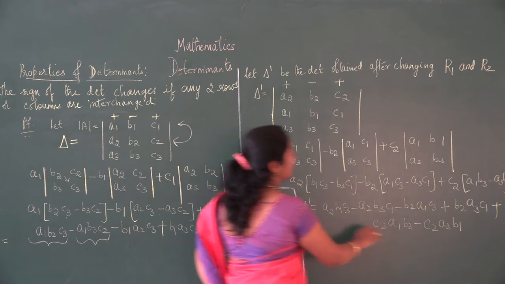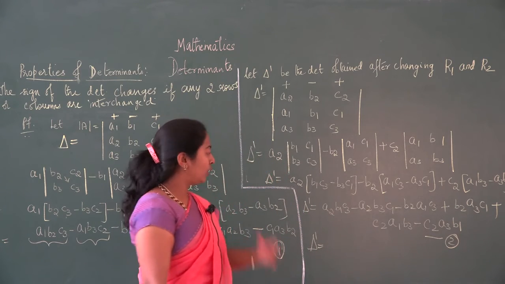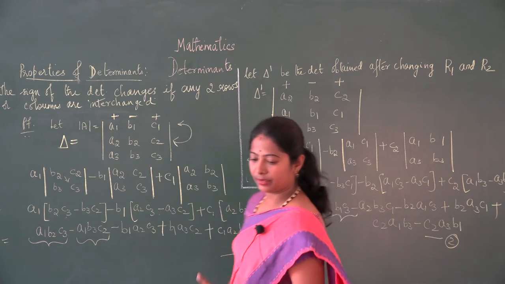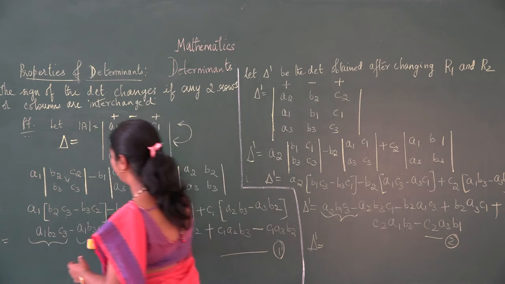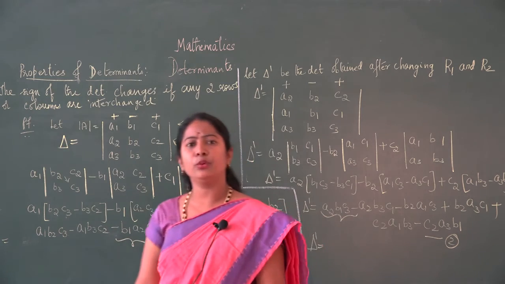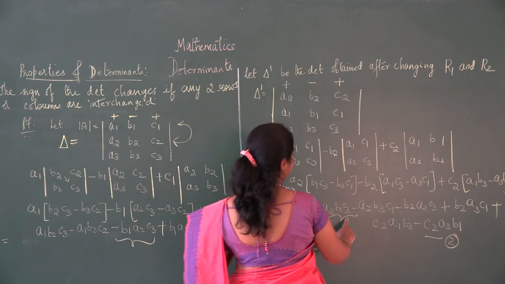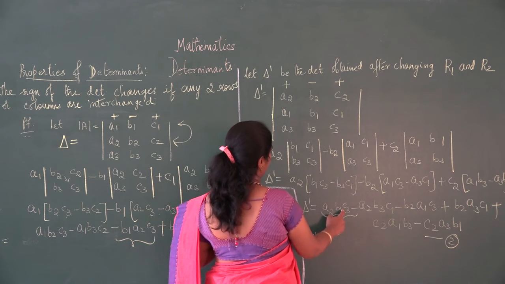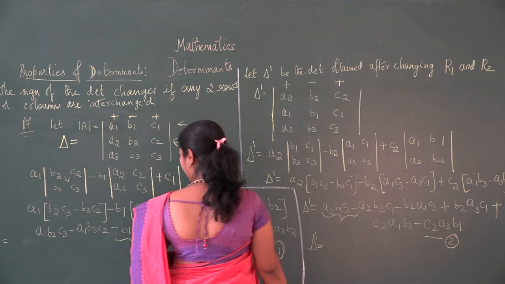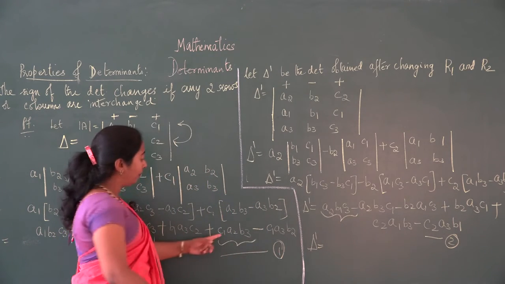Now, call this equation number 2. When you notice equation 1 and equation 2, what is the first term? A2 B1 C3. Where is A2 B1 C3 in the first equation? In the first equation, A2 B1 C3 is negative. But what about in the second equation? It is positive. Similarly, A2 B3 C1 is positive in the first equation,